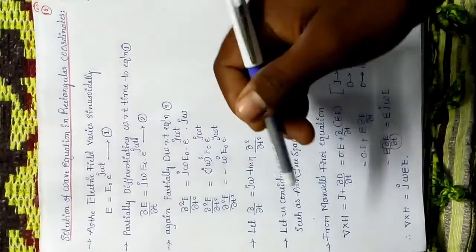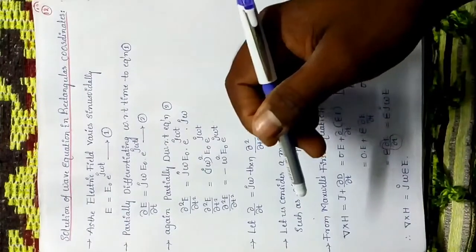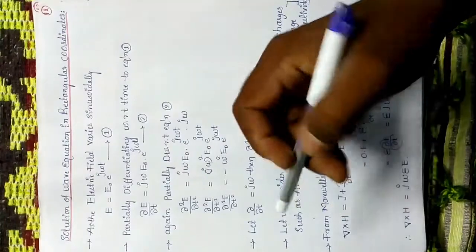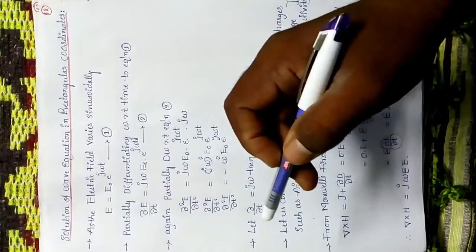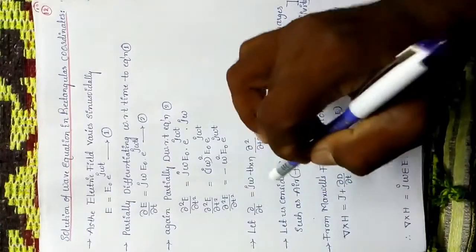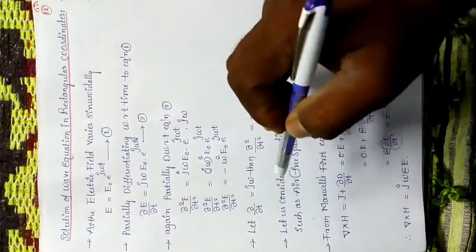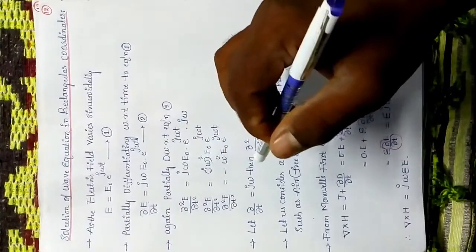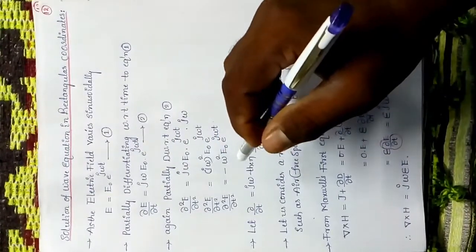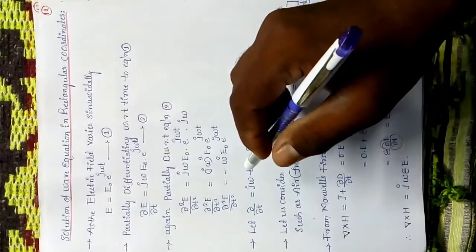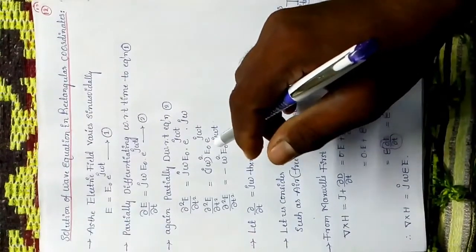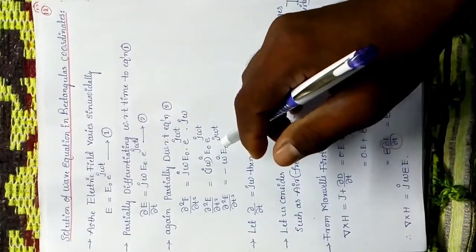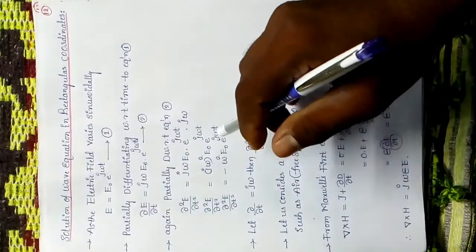Before going to this topic, I would like to explain some outlines of rectangular waveguides. You have already seen the structure of the rectangular waveguide, what the cutoff wavelength and the cutoff frequency are, the impedance of the wave equation in a rectangular waveguide, and what the guided wavelength, the phase velocity and the group velocity are. You saw these expressions in the last lecture, and we already discussed the structure also. This is regarding the rectangular waveguide.